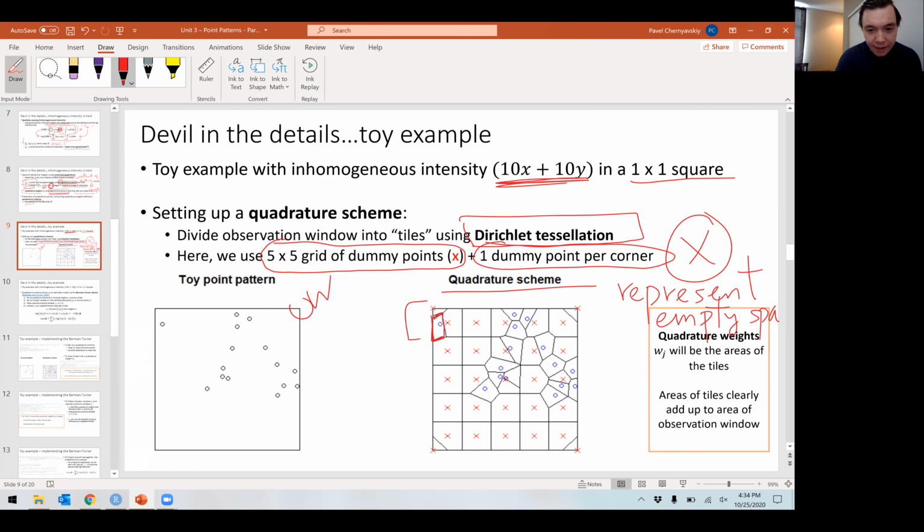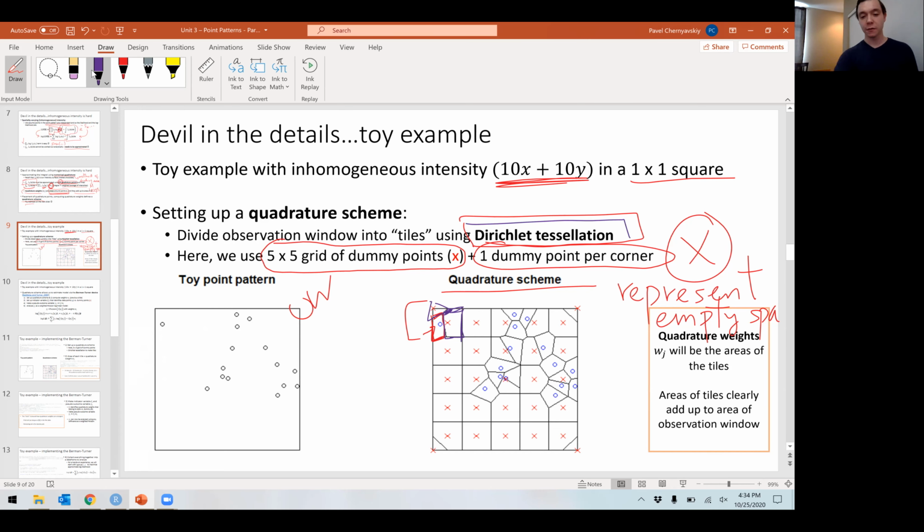Everything inside the tile I highlighted will be closer to our data point than any other point in our W. Everything inside this tile, and notice that we get irregular tiles this way, will be closer to our dummy point than any other data or dummy point. Think of these as zones of influence, where you're influenced by the point that is closest to you. That defines this Dirichlet